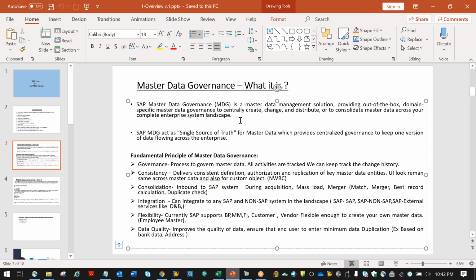Once the master data is created, here the same concept applies: we have a staging area table. So once the master data will be created and